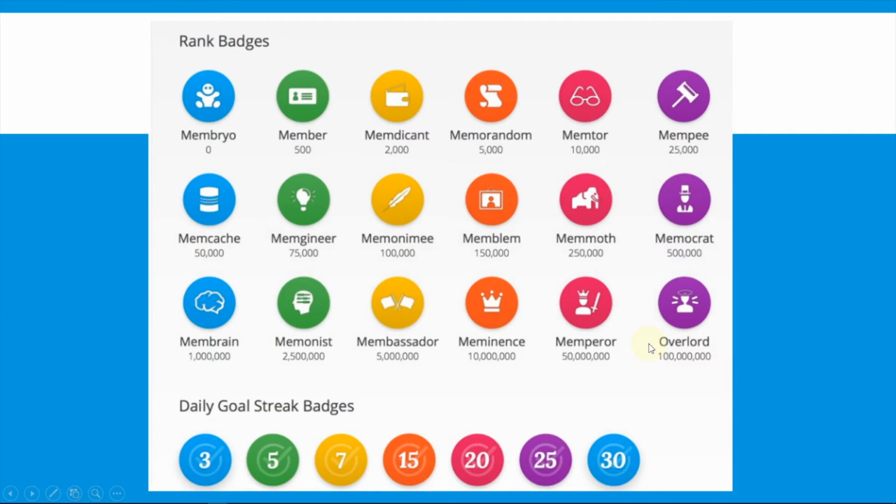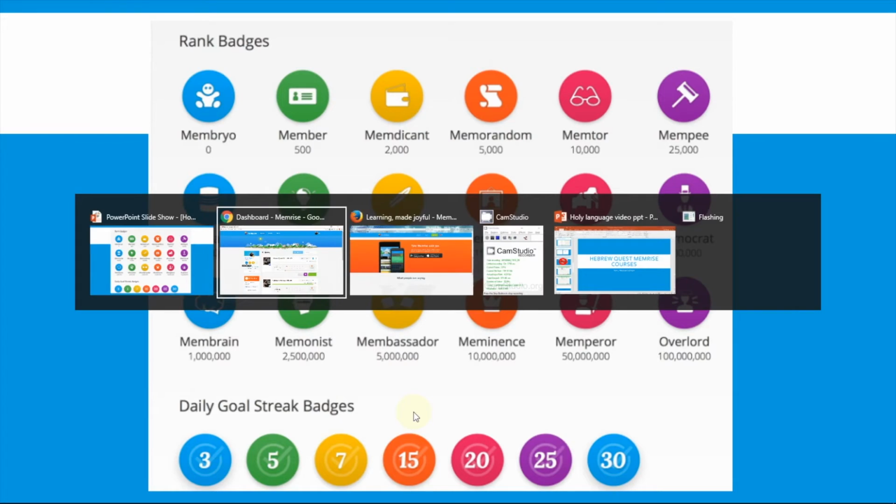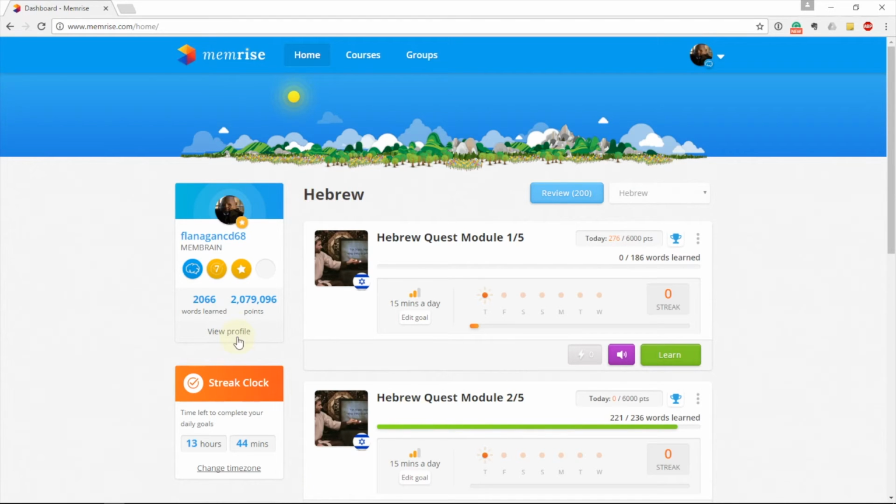I don't know why there's no mem in there, but that's 100 million points. And then the daily goal streak badge is 3, 5, 7, and then all the way up to 30. So these are just things you can achieve, things to make it entertaining, and not just the traditional paper 3x5 flashcards that you just look at the front and the back and then do that over and over again. So Memrise does everything they can to make it fun. If you click on View Profile here,